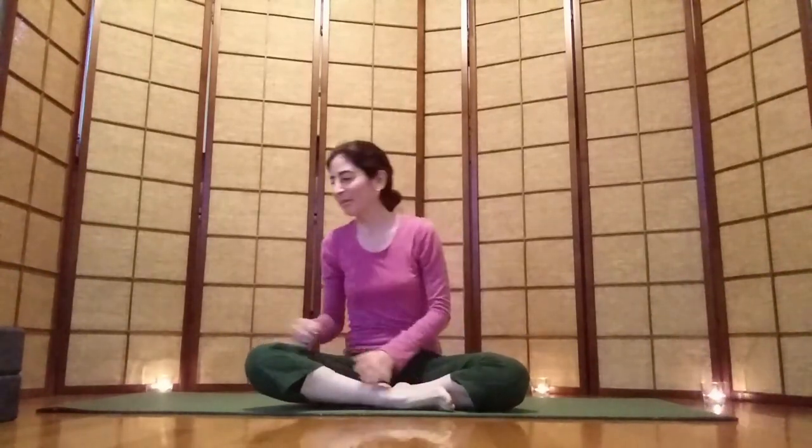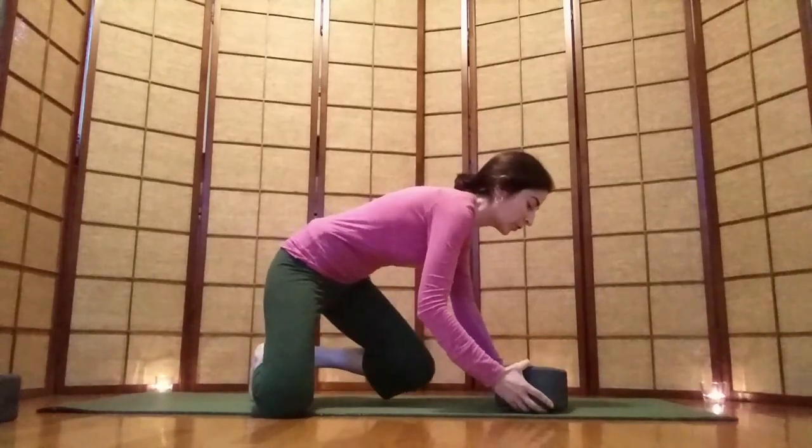Do to help clear your mind. Whether it's because you're feeling stressed or there's just a lot of noise in your mind, this sequence, these poses and stretches can really help quiet things down. So let's get started. We're going to begin in child's pose, and I recommend using a block for your child's